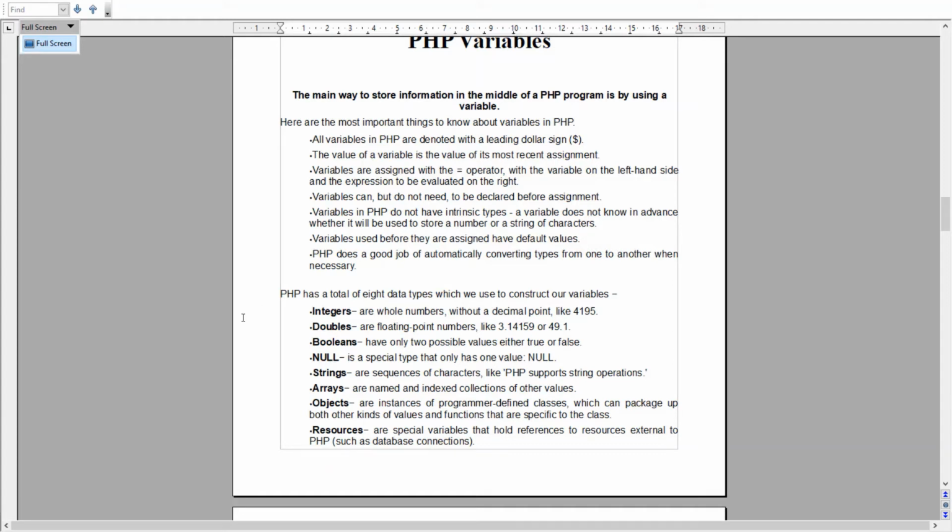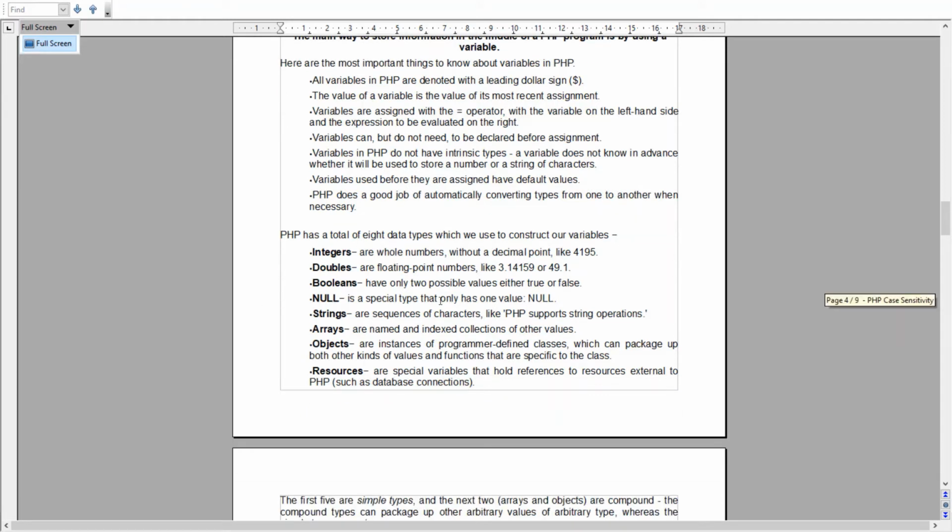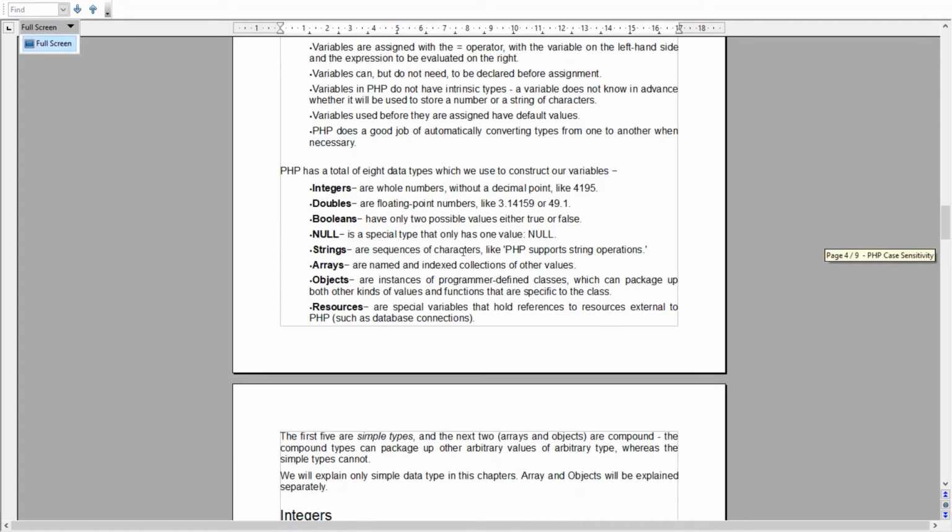PHP has a total of 8 data types which are used to construct our variables. First is integer, which is used to store whole number values, like 4195.